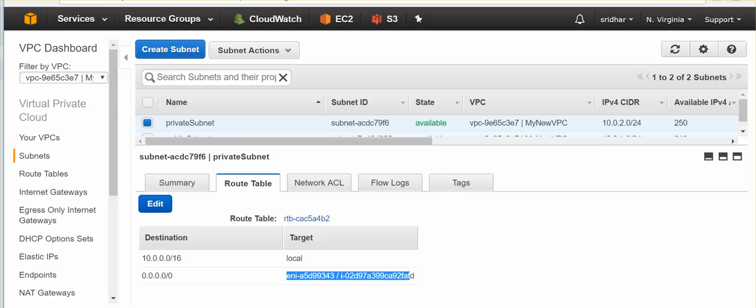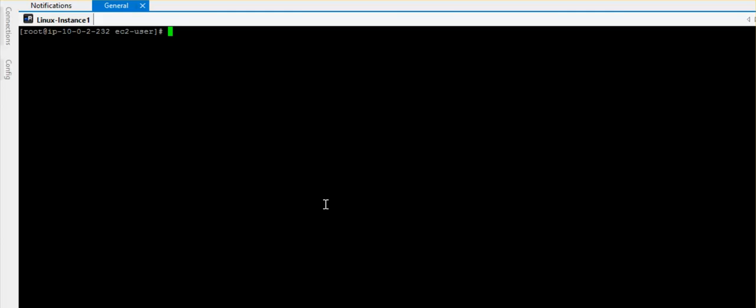Now as we configured the NAT instance and updated the routing table to route the outgoing traffic from the private instance to the internet, we'll SSH into the private instance and see. I'm going to PuTTY here, and I'm already in the private instance. Previously yum install did not work, and we'll see if yum works now. I'm trying to install a package,